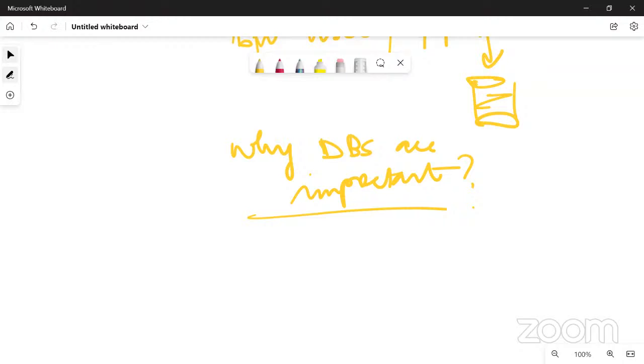So there are many advantages when using a system with a database, like independence between programs and data. So you are separating metadata from the application. That use data is a key attribute. Again, there would be minimal data redundancy and improved data sharing. So databases are a company resource. What I have seen in my whole career is that DBs are an integral part of any organization for record purposes.